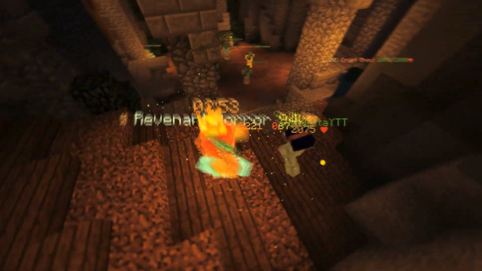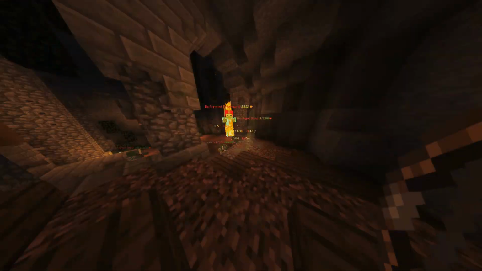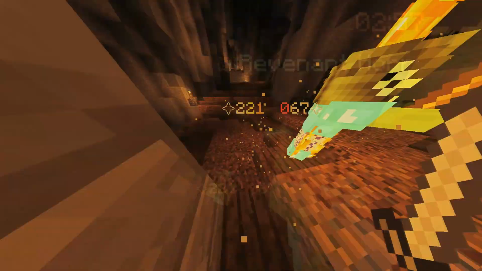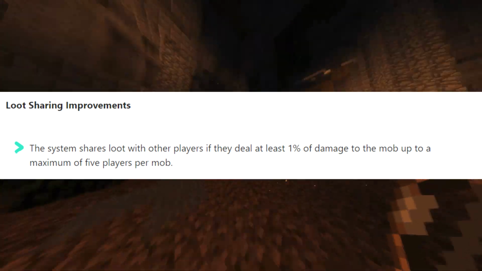seconds to kill. Tier 4 took a lot more time to spawn, so I would recommend boss trading for tier 4 and 5, especially with the new nether update. They made it that you can get drops from the bosses of other people if you help them, so it's